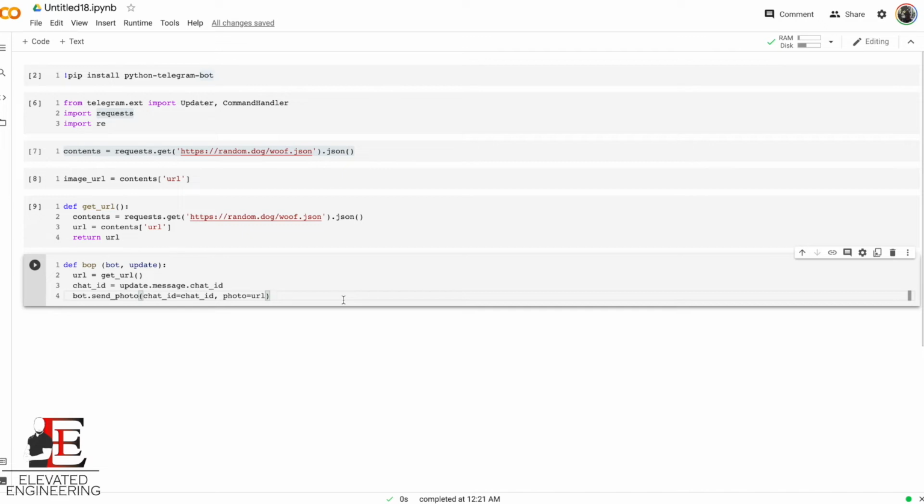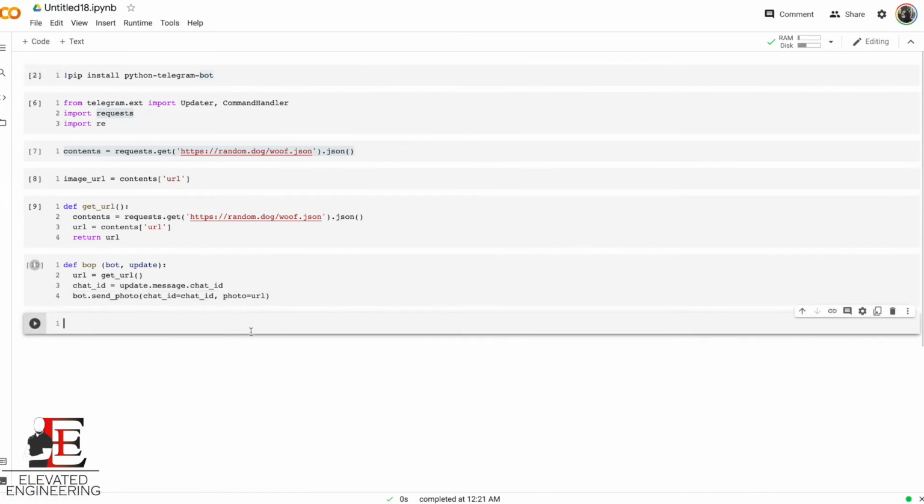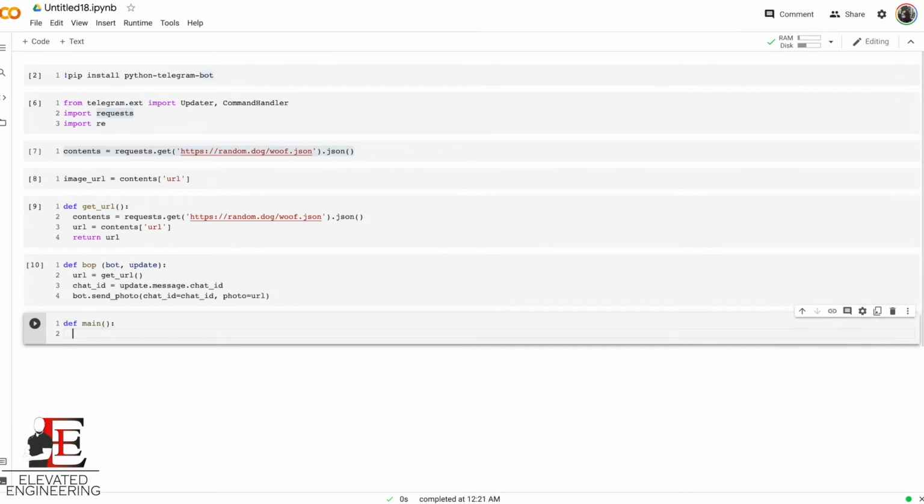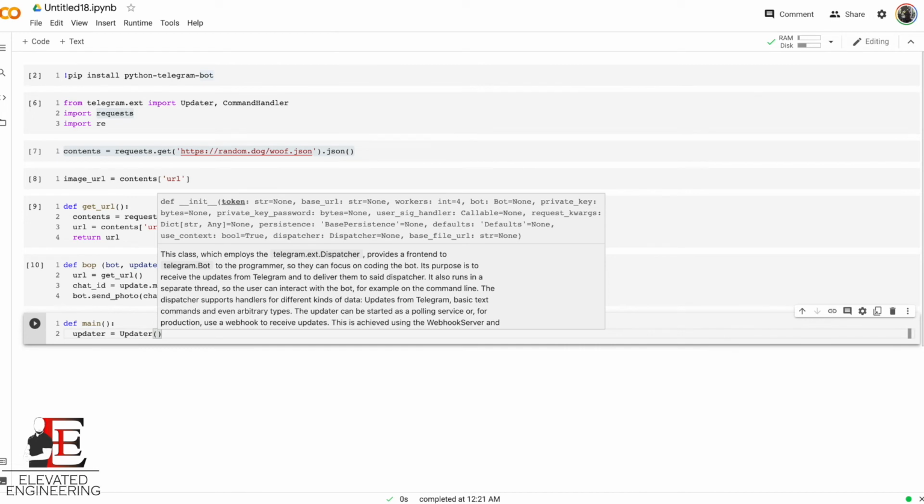So first, let's create our main function. Main. Okay, so now we're going to set our updater with our token. Now, I'm actually not going to provide a token here,